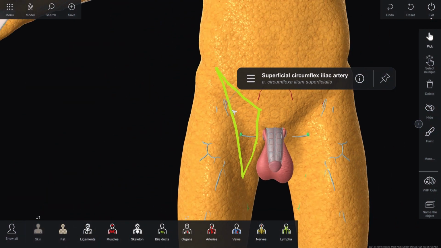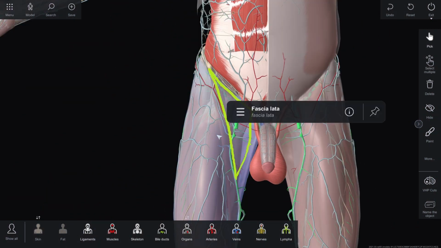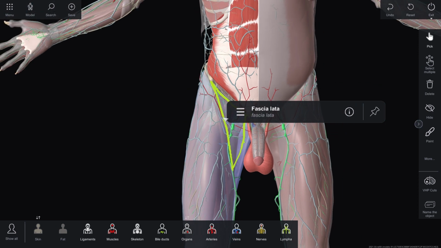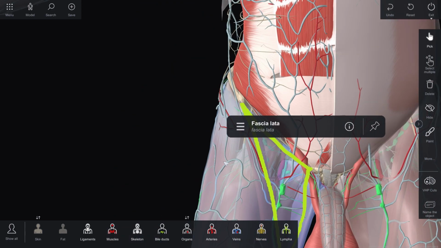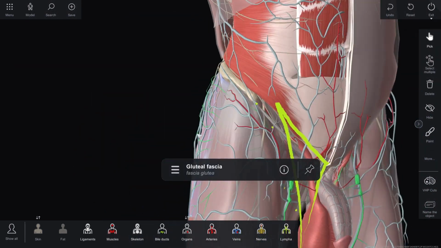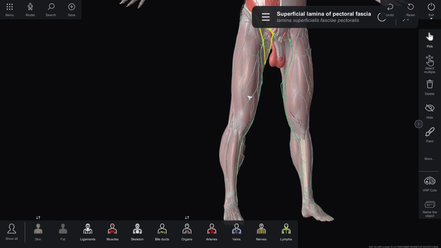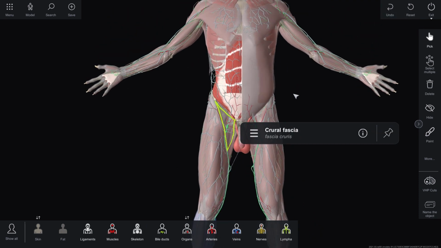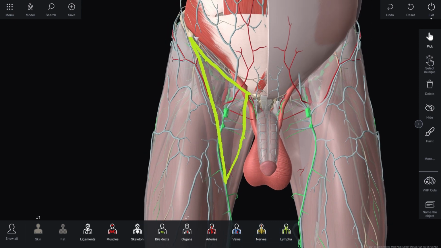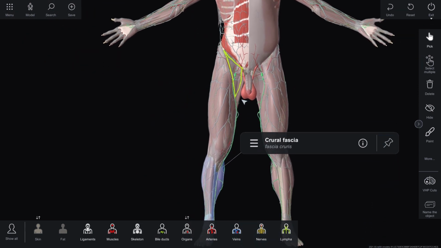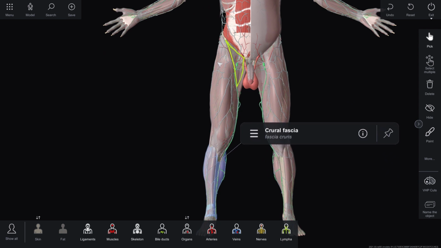Next, we can see the fascia lata. Of the fascial formations of the thigh, the most developed is the fascia lata. This dense fascial plate fuses with the inguinal ligament in front and above, with the gluteal fascia in the back, and below into the fascia of the leg. Along the lateral surface, starting from the anterior superior iliac spine to the condyle of the tibia, the fascia lata of the femur reaches significant density and it's called the tractus iliotibialis.